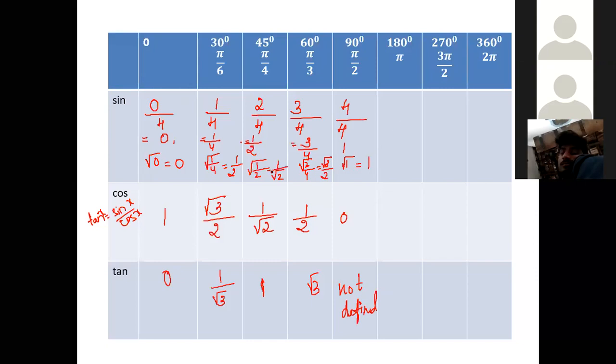Now you know what tan 0, tan 30 degree, tan 45, tan 60, tan 90 degree are. Now, how to get the other values? So for 180, 270 and 360 degrees, I already have sin 90 degree as one. For 180 degree, you put it as 0. For 270, put it as -1. And then for 360, again 0.